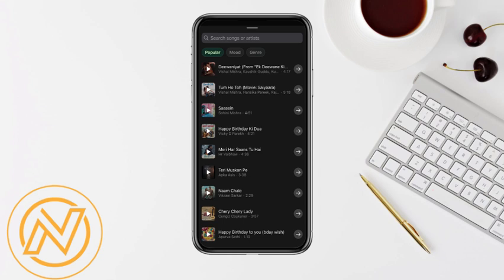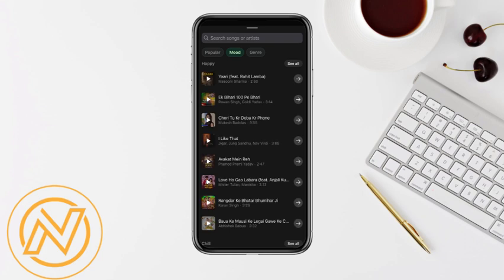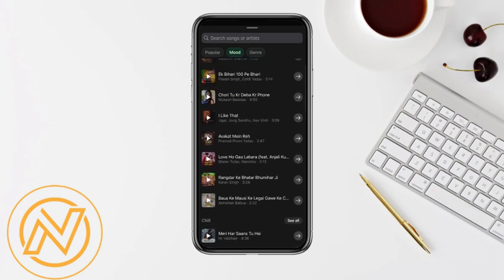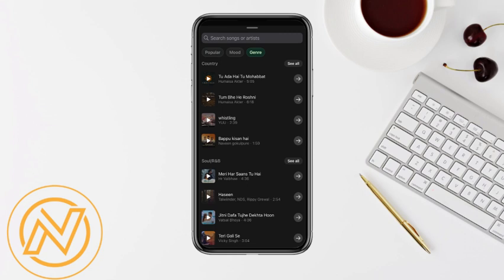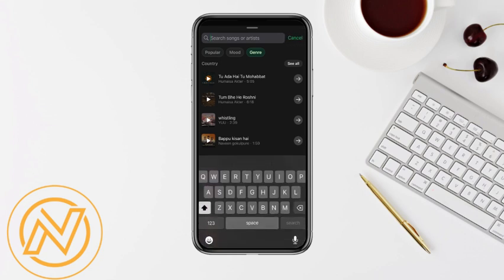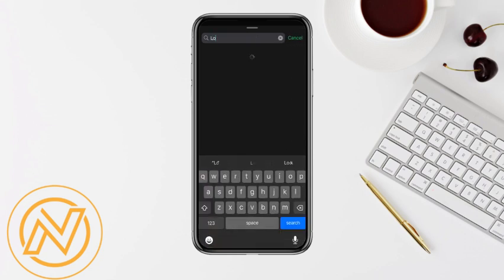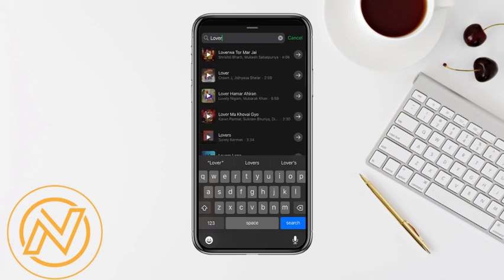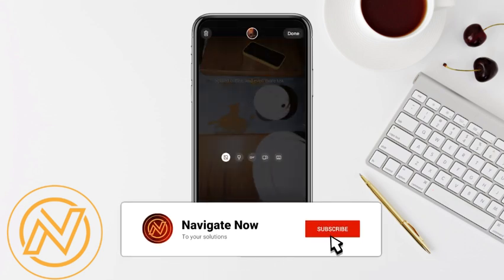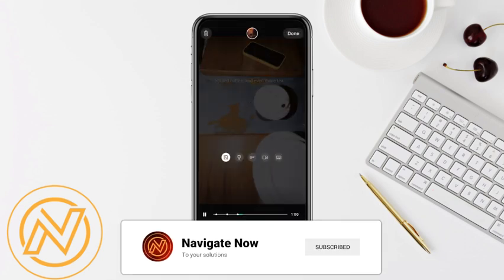You can select the popular music that have been trending on WhatsApp these days, and you can also go with the mood section and select the music of your liking. There are genres as well, so there are basically so many options. You can also go to the search bar and search for your favorite music and simply select that music, and you need to click on this arrow icon in order to get the music in your story. Simply click on this arrow icon and select the kind of part I want to add in my